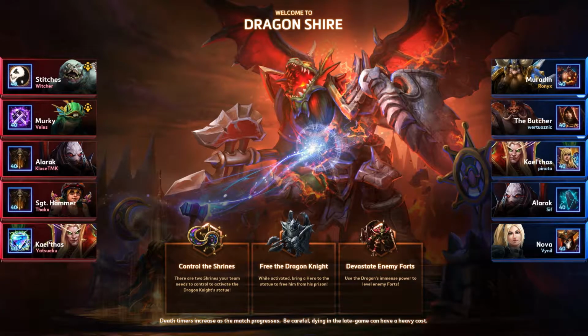So let's have a quick look at our team compositions. It's gonna be Muradin, Butcher, Keltas, Alarak and Nova versus Stitches, Murky, Alarak, Hammer and Keltas. They have actually a very scary team composition because Hammer right now is in a very good spot. She's just a super strong specialist, a ranged assassin, whatever you want to consider her, she is very strong right now, and they have Stitches and